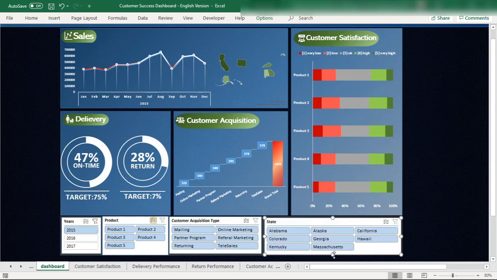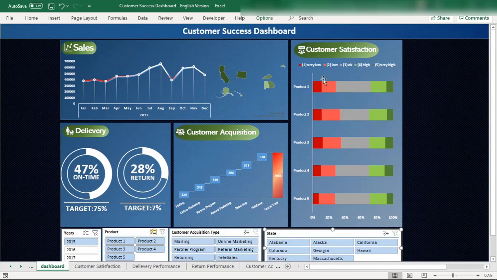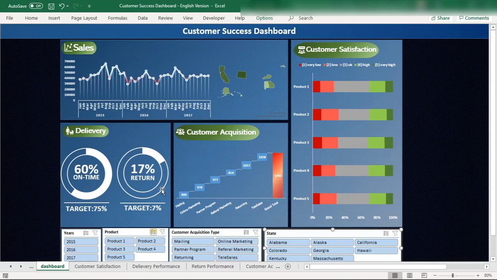So these are the slicers. We have inserted the slicers, we have connected the slicers, and you can play with the data the way you want. And these are the slicers for you. And in the upcoming video we will learn about formatting these slicers, designing the custom slicers the way we want to design it. So stay tuned and watch these videos,